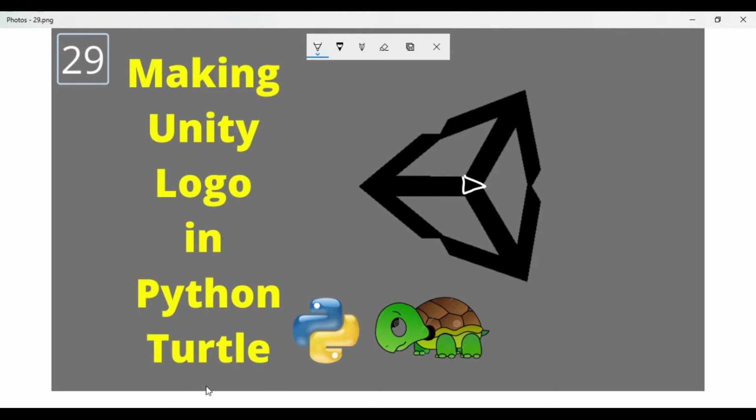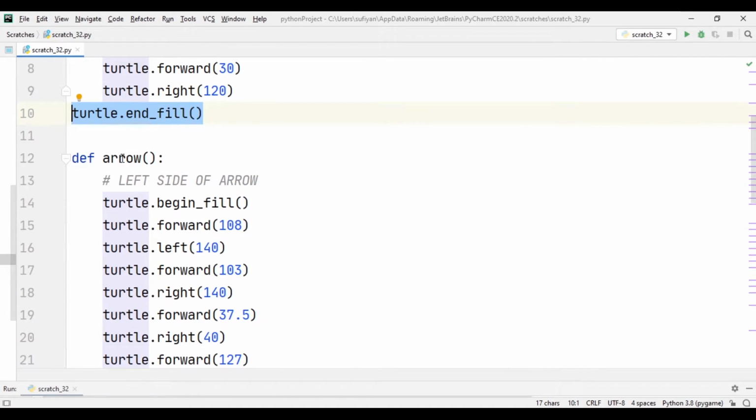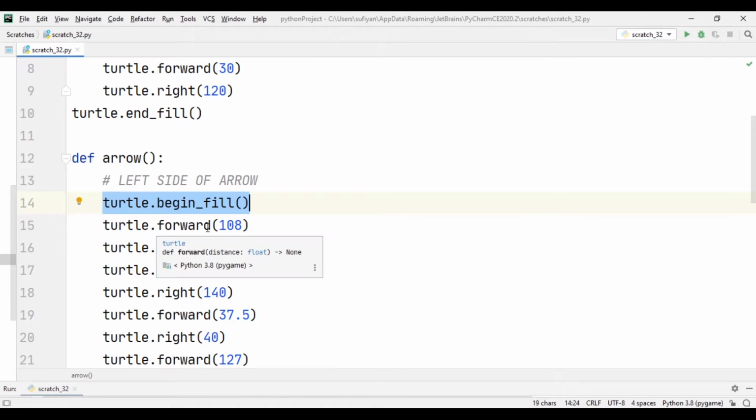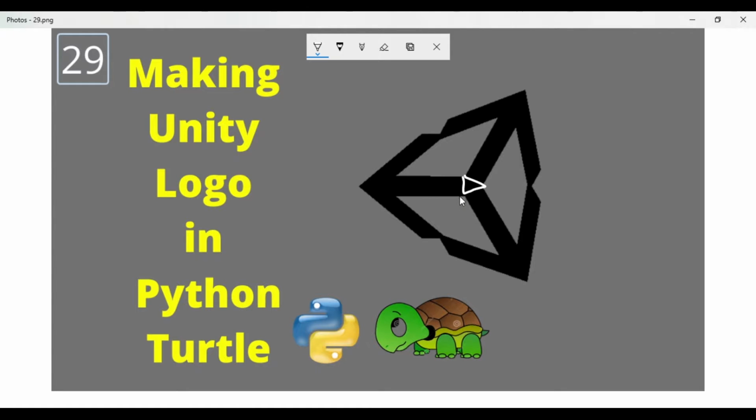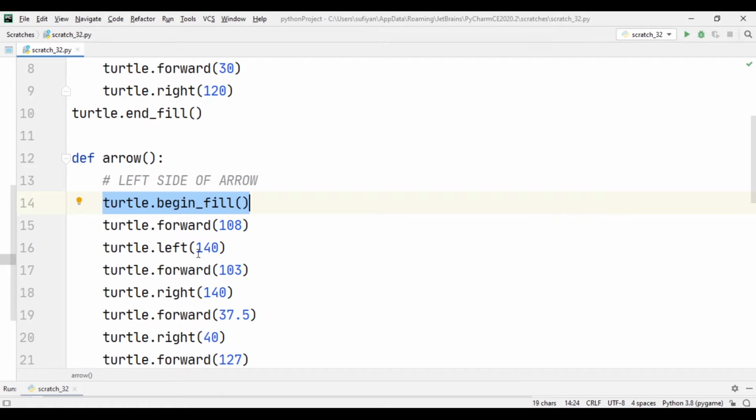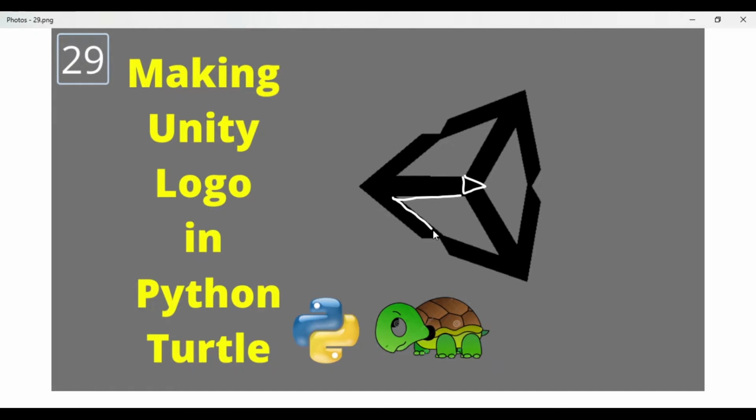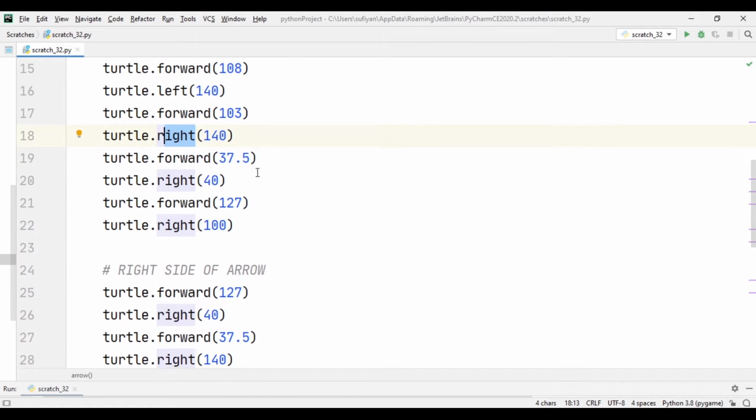Now to create these arrows, we have created a function named arrow, and then first we have created left side of the arrow. First we have typed turtle.begin_fill. Turtle will cover distance equal to 108 and change its angle to 140°. So turtle has covered distance equal to 108, change its angle to 140°, then cover distance equal to 103 and change its angle to 140° and in clockwise direction. So turtle has covered distance equal to 103, change its angle to 140° in clockwise direction, then again cover distance